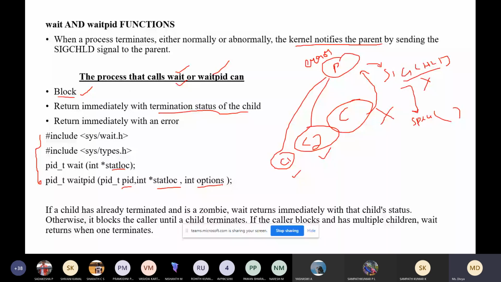In waitpid we have different options that can be used to prevent it from blocking.